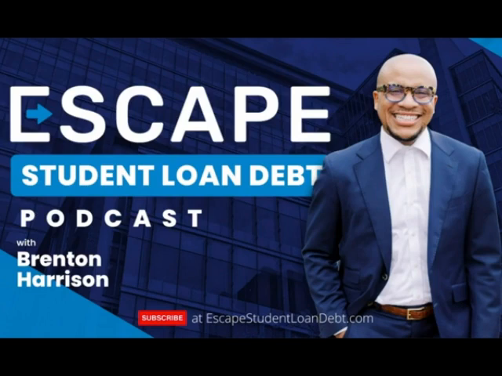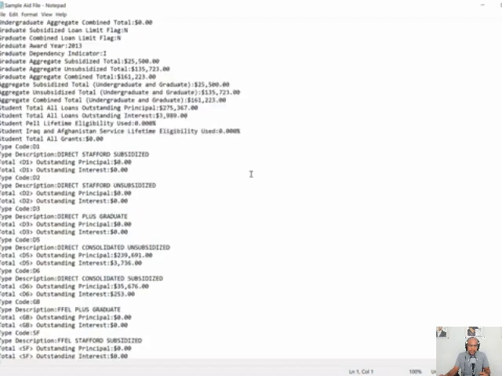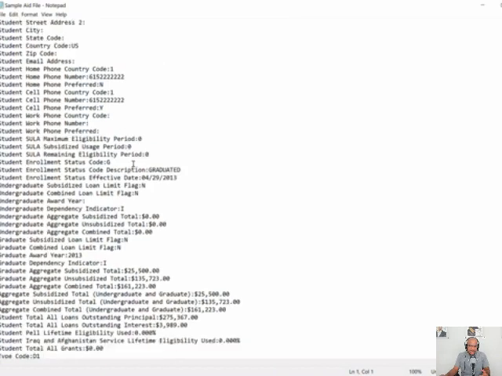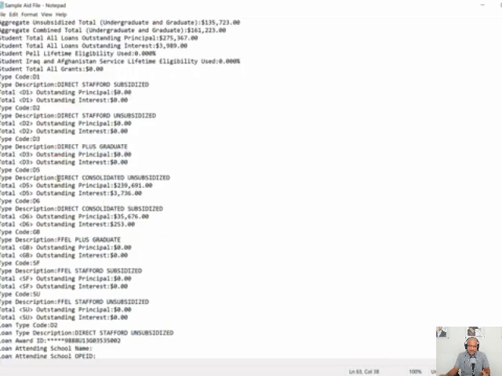escapestudentloandebt.com. Welcome back. Before the break, we talked about periods where you might see credits adjusted even when you are not making a payment towards your student loans. And if you're following along with us on screen, we have a sample student aid data file. We reviewed this in previous episodes, and we've talked about how as you scroll down to this file, you will actually see a listing of every single student loan that you ever took out. Even if that loan has been paid off or since consolidated, it will all be towards the top of your